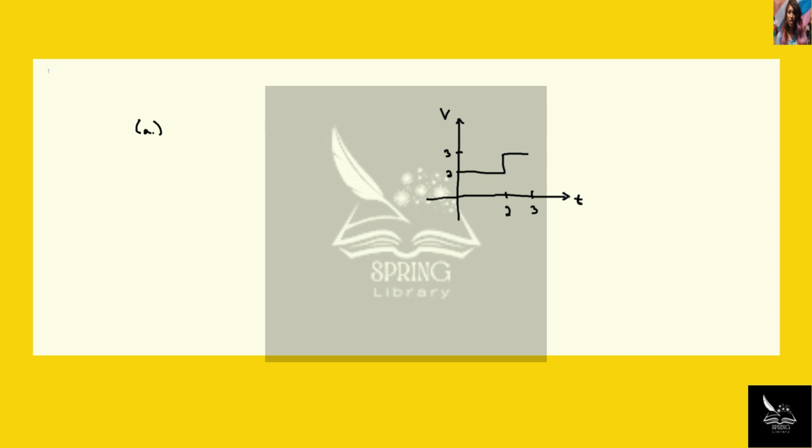So the graph they're referring to in the problem looks something like this. It's a plot of v versus t, and it's got a constant v at 2 meters per second here, and then it switches to 3 meters per second here. Now, in finding the average velocity over this trip, you can refer to an equation, but I think it's easier